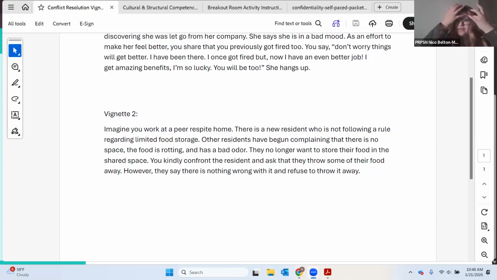Yeah, that's a great example. For the storage, if they needed maybe a little mini fridge in their own room, right? Because in the peer respite, they have their room. So if maybe that was an issue. Before I give my piece on this, is there maybe any other ideas?